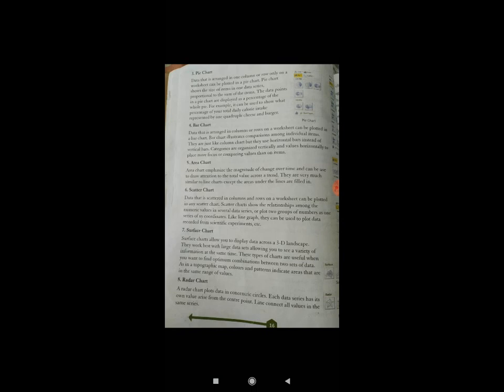Now the sixth type, that is the scatter chart. A scatter plot is a two-dimensional chart that shows the relationship between two variables. In a scatter graph, both horizontal and vertical axes are value axes that plot numeric data. Typically, the independent variable is on the x-axis and the dependent variable on the y-axis.